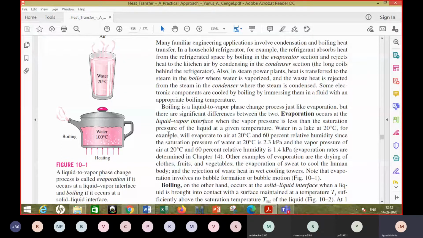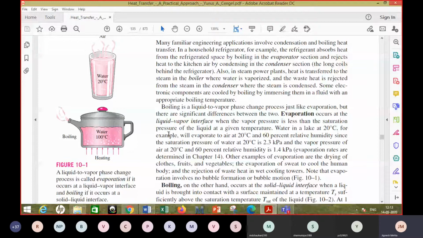You may not show the lid, and so the pressure, you may assume that it is near atmospheric pressure. Yes, they have shown this mouth open, so that will maintain the pressure near atmospheric pressure. So the water will start boiling at around 100 degrees Celsius, and where is it initiated? So actually the vapor bubbles, the steam bubbles are generated at the upper surface of the